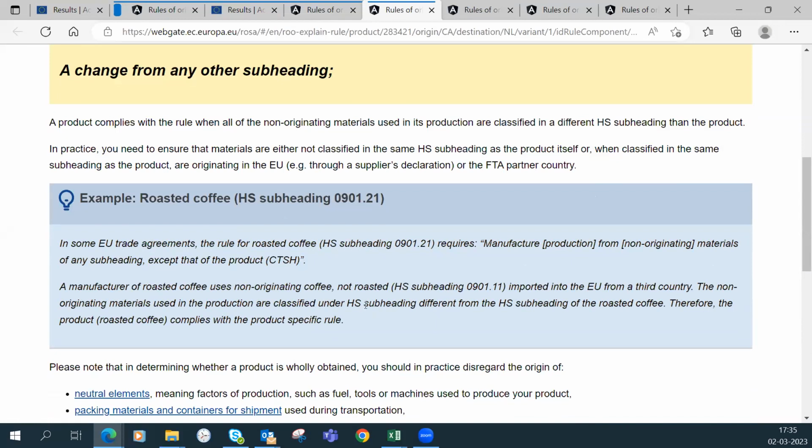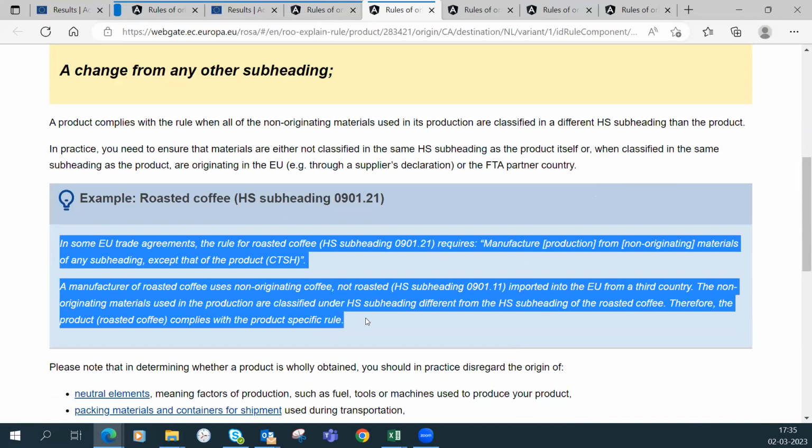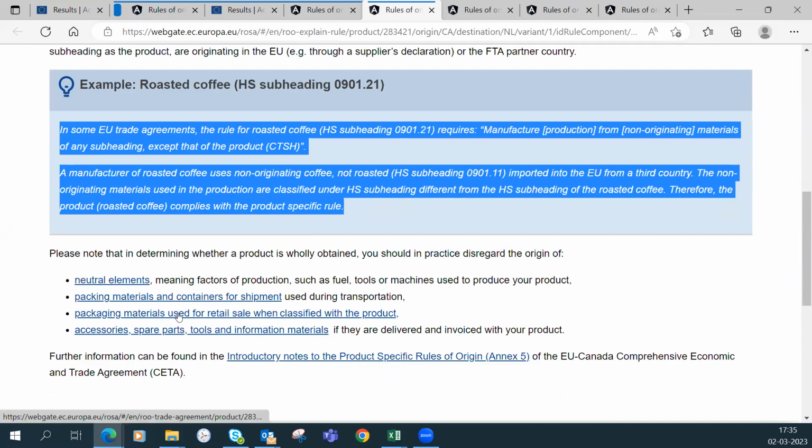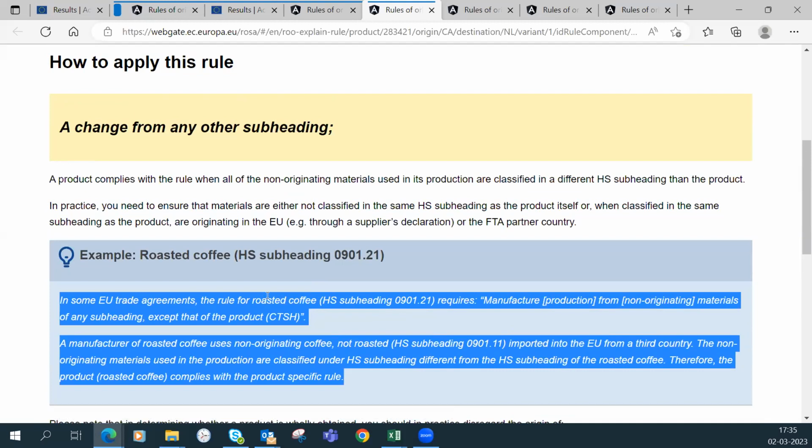Again, you don't really understand. It's a little bit complicated, jargon, subheading, heading. You are not sure what it means. No problem. You have a concrete example where you can better understand how to apply this rule. The machine also tells you how to consider some elements when you assess if your product is originating. This is related to all the factors of production that I use. Do I have to take them into account or not? What about the packing for retail, packing for shipment, etc.? It's explained there if you have to consider them or not.